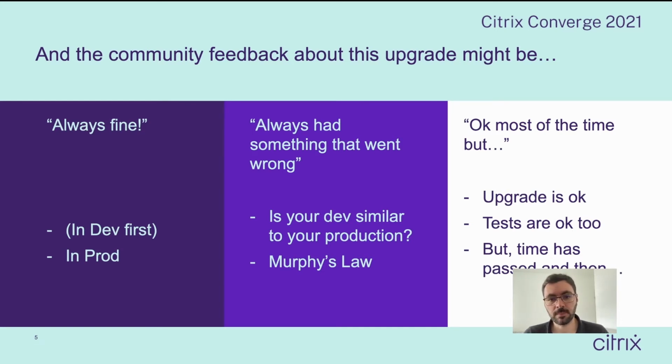Maybe dev is okay, but prod is not. And because of a tiny little detail that does not exist in dev, and it may not be particularly linked to Citrix. It could be your antivirus, a third-party tool, some GPO, or an undocumented setting that has been set on your delivery controllers. And with Murphy's Law waiting for the first error to happen before starting what could feel like the end of the world,